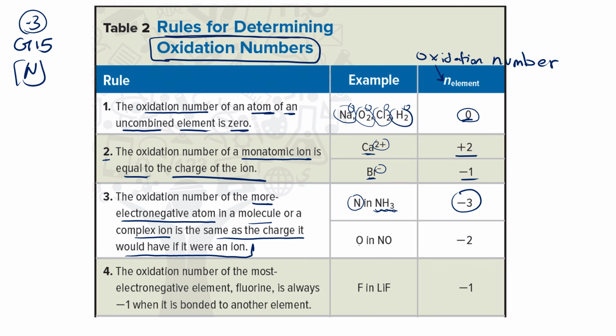Now, الأكسجين موجودة في جروب 16. الجروب 16 شحنتهم إذا كونوا أيونات is -2. Okay. So الأكسجين في هذا المركب the oxidation number for it is -2. Is that clear? And most of the times N will be -3 and most of the times O will be -2. Now rule number 4 is very easy.